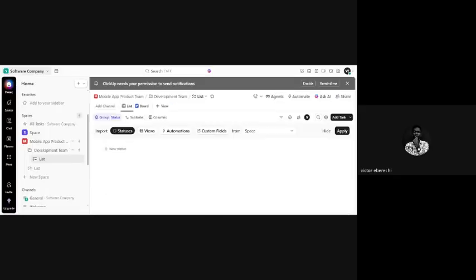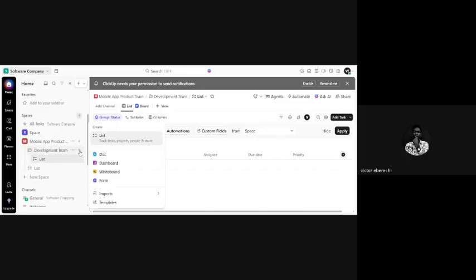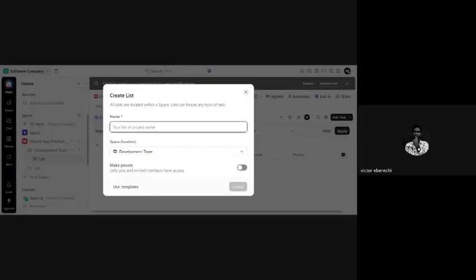Now our list will be inside the folder, right? So we're going to create our list. In this folder part here, we're going to click on this plus icon, and then click on lists. Like I said, we have the lists product backlog, sprint backlog, in progress, review, and done. That's what we're creating. So we're going to create our product